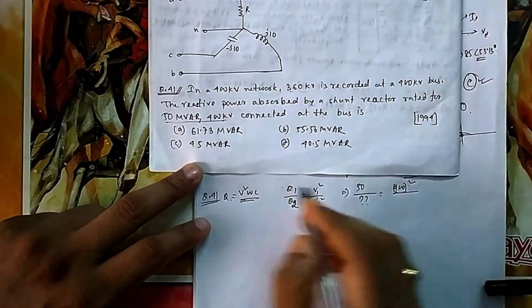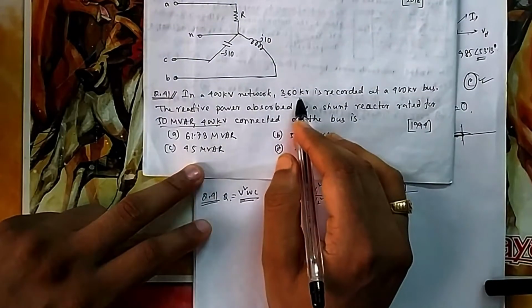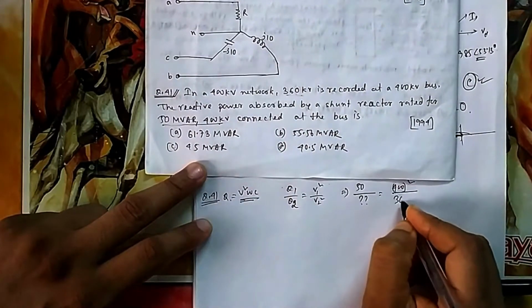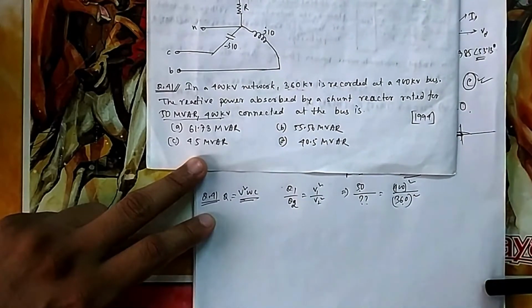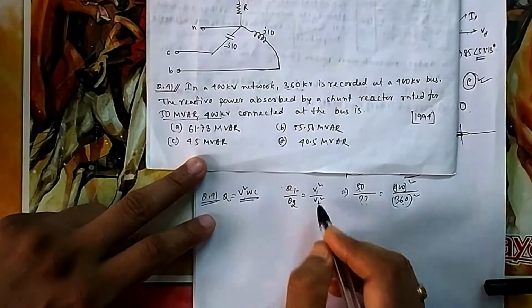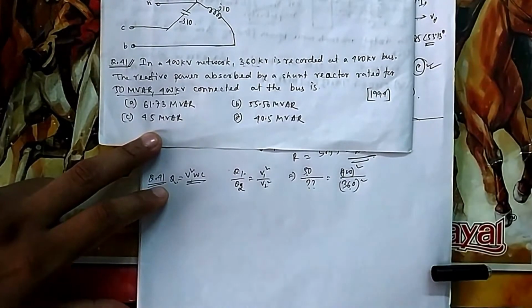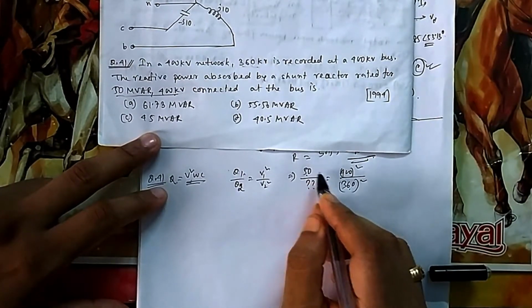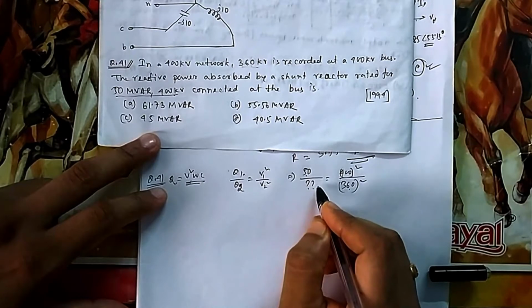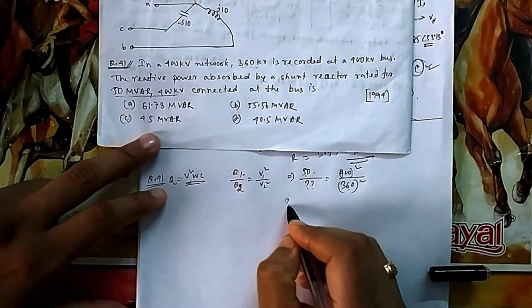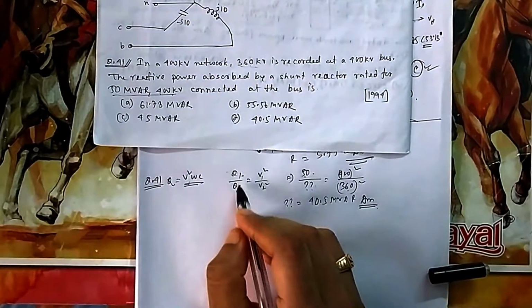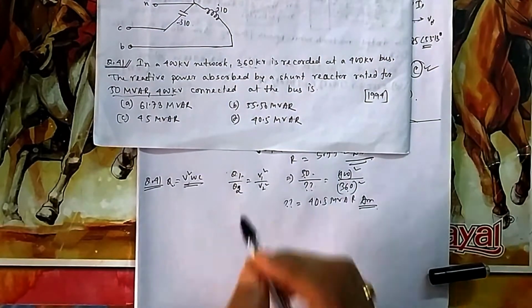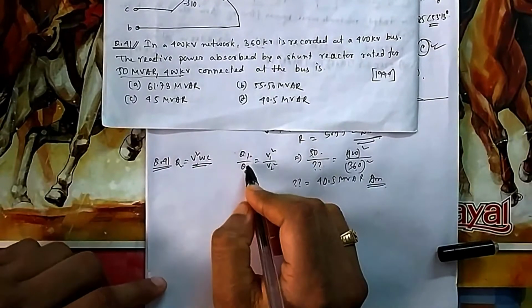So 400 square divided by, but actual now it is 360 kV. So in case of 400 it was 50, in case of 360 it will be how much? Because it is directly proportional, so it is 1 to 1 to. Now if you see this one, I have not written units because they will get cancelled, so the answer will be in mega because this is mega. So if you solve it, you will get 40.5 MVAR. So this comes from the theory of variations that you will find in maths.